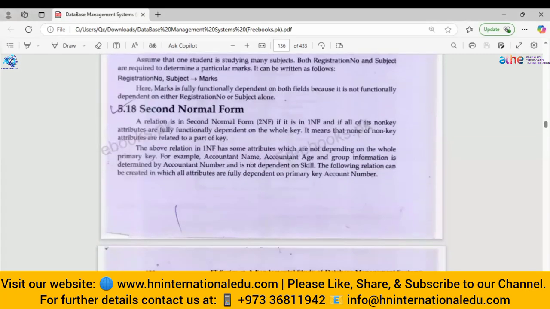So what does the second normal form say? Here it says that a table can be in the second normal form if it's already in, it must be